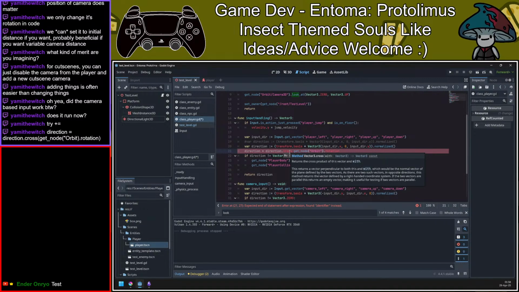Returns the cross product of this vector and width. This returns a vector perpendicular to both this and width, which would be the normal vector of the plane defined by the two vectors. As there are two such vectors in opposite directions, this method returns the vector defined by a right-handed coordinate system. Okay, I don't know what width means,